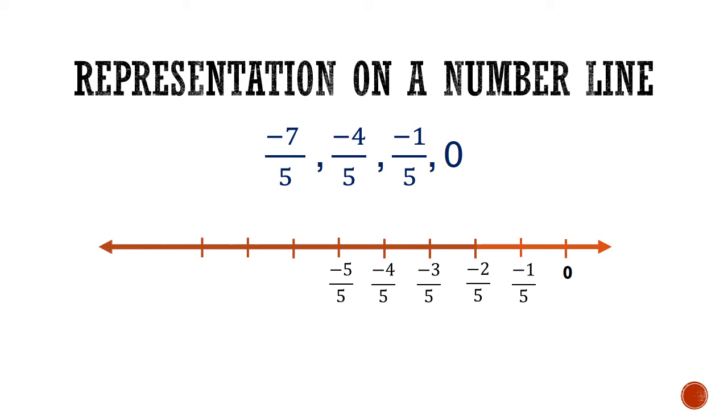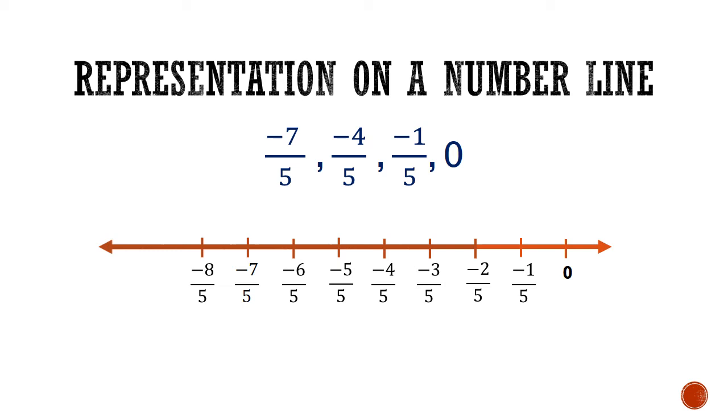So actually you are dividing minus 1 and 0 into 5 equal parts. You are getting it automatically that 5 parts when you put it like this. So it's better you mark equal parts on the number line and then start putting the fractions from the right hand side if it is a negative one. Okay? And now after minus 5 by 5 what comes? It is minus 6 by 5, minus 7 by 5, minus 8 by 5. It goes like that. But you don't need numbers after that because you need only up to minus 7 by 5 in the question. Okay.